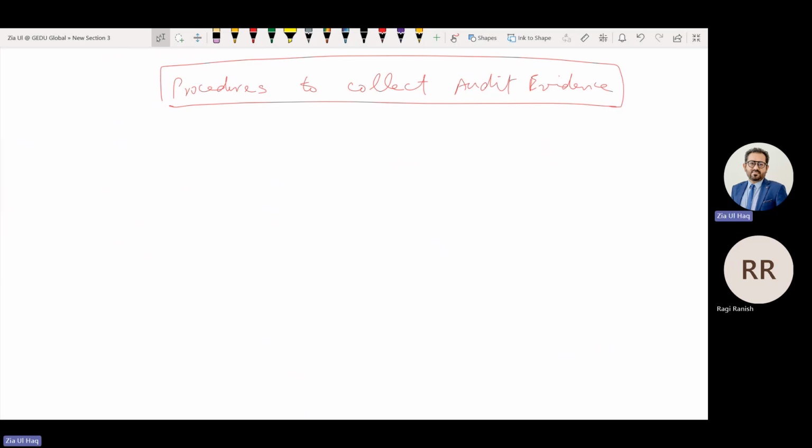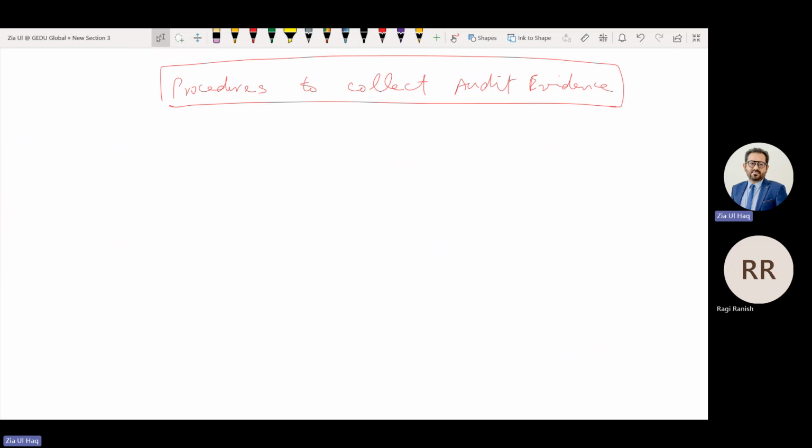After performing this procedure, what is the evidence you have? In your working paper, what do you have? A copy of the loan agreement. You took the copy of the loan agreement and put it in your working paper, this was inspected. So, a copy of the loan agreement to verify the amount, interest rate, and time period. This is the evidence.